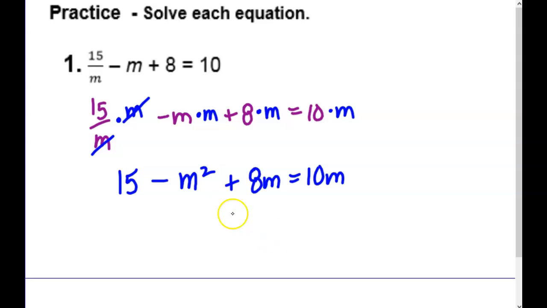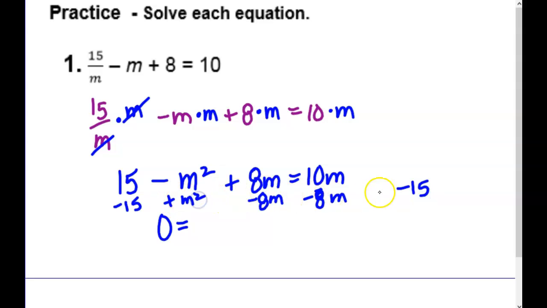Now, I really hate when the m squared is negative, so I think I'm going to move everything to the other side. So I'm going to subtract 8m's. I'm going to subtract 15 over here, and I'm going to add the m squared. So I'm going to have an m squared plus 2m's minus 15,